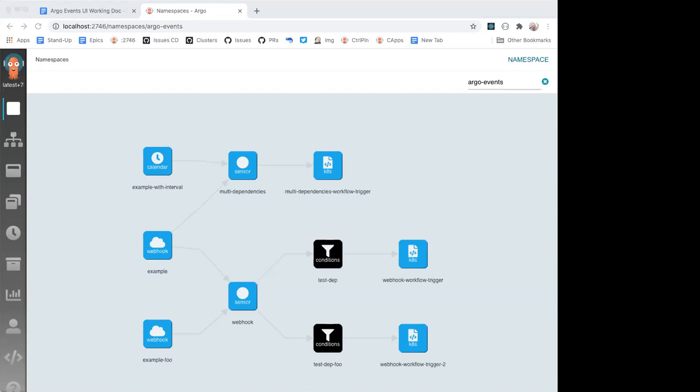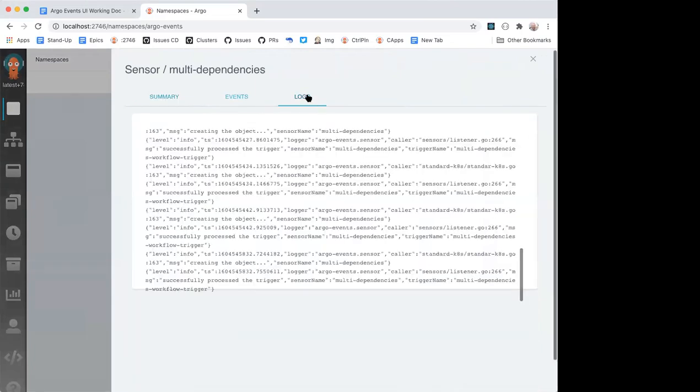So for the user interface to take 1,000 messages a second and send them back to the user is a bit of a challenge. And I wondered if we could solve that problem separately, which is hence the logs here. So if I click on this and then go through the logs, these are the logs for the sensor itself. So when you look at that, it's a log for the sensor.